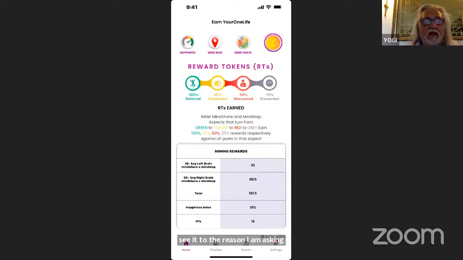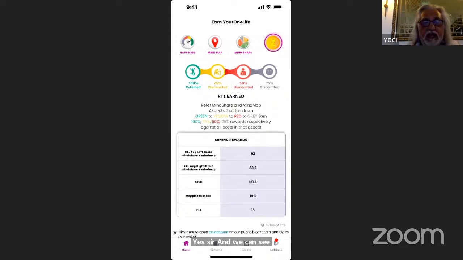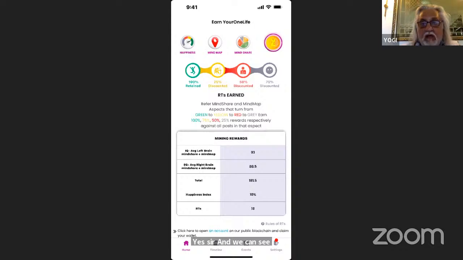Okay. So it tells you your average left brain is 93 points. Your average right brain is 88 points, which means that your left brain is far more powerful than your right brain, which is not a good situation to be in. It's like saying that you go to a gym, you pick up 5 pounds in one hand, and you're only picking up 3 pounds in the other hand. Then one of your muscles is going to get bigger, and the other one is going to remain smaller.